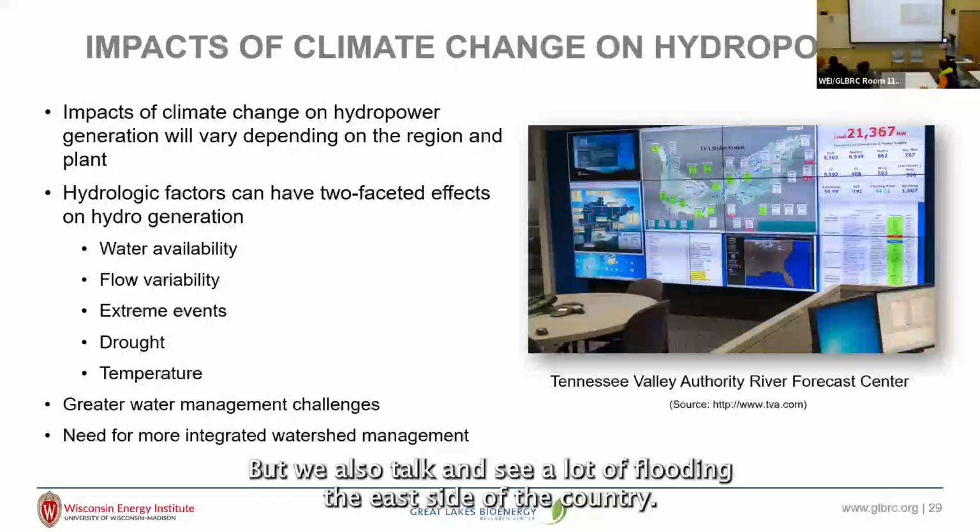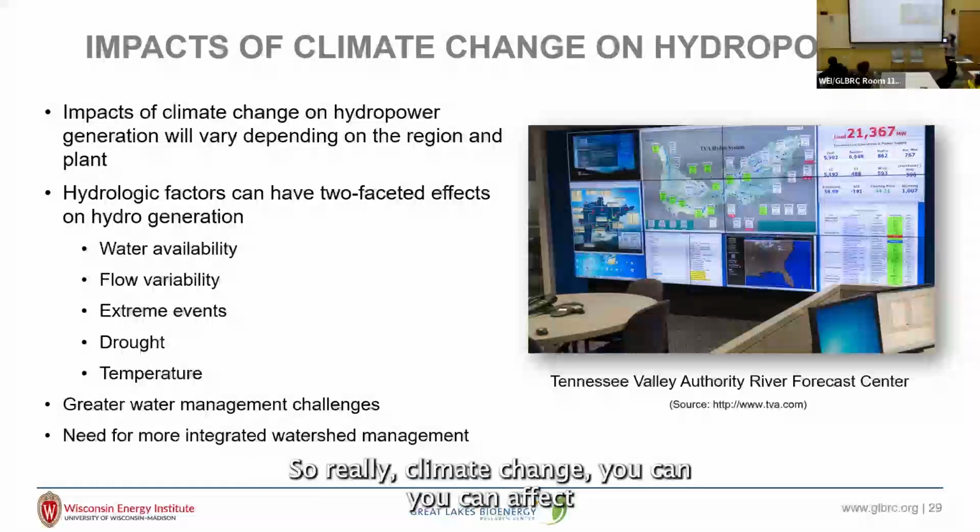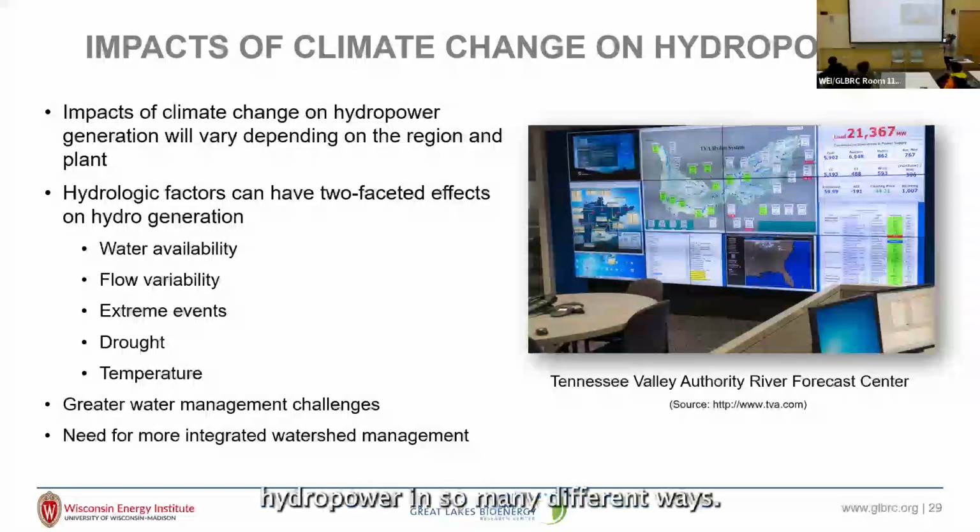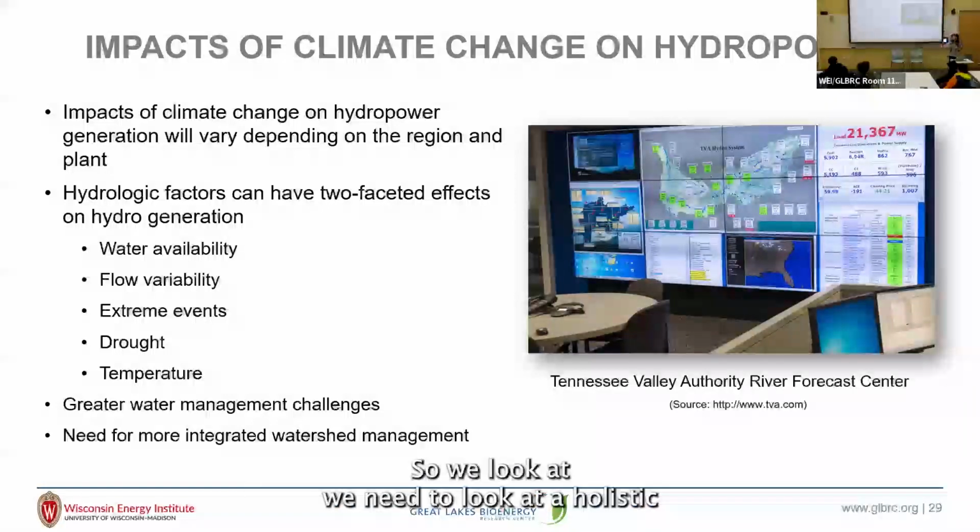But we also see a lot of flooding on the east side of the country. So really, climate change can affect hydropower in so many different ways. Some are more beneficial, some are less. So we need to look at a holistic